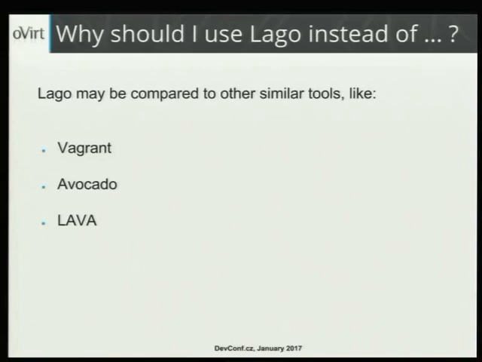Some people also asked about Avocado. Amador is here. He did talk about it yesterday. Well, it's a different thing. Avocado is more a test runner. It doesn't really build the environment. At Lago, we have our own test runner that is based on Python unit test. But it would also be possible to write a Lago plugin to run tests using Avocado